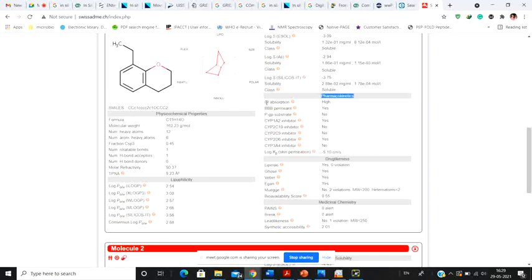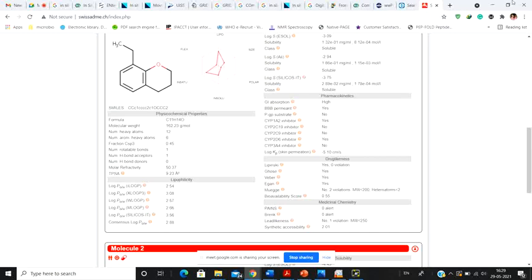And after that you get the pharmacokinetics. First of all, you have the GI absorption, that means the gastrointestinal tract absorption. That means will this molecule be absorbed through the gastrointestinal tract or through your GI tract? It says yes, the molecule will get absorbed through the GI tract, and the tendency of it to get absorbed is really high. So therefore you get to see a very high molecule.